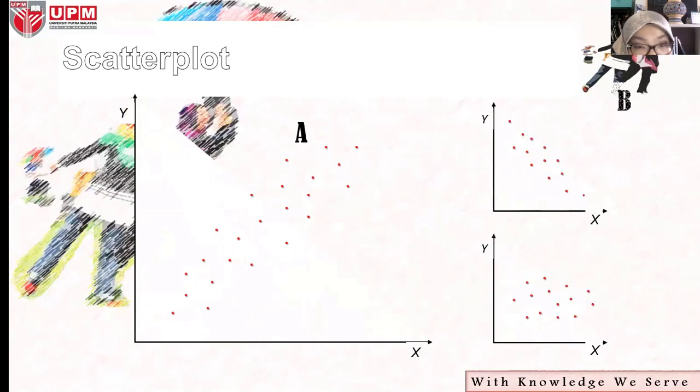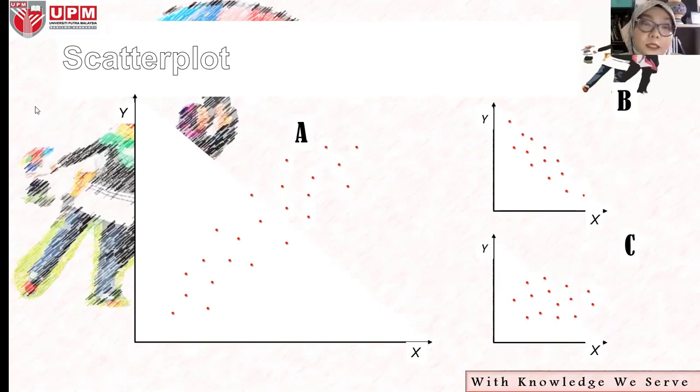Okay, based on the scatter plot, because of the direction of the relationship indicated in the analysis, we can use a scatter plot to determine the relationship. Based on the first scatter plot, what is the direction of the relationship? Positive.